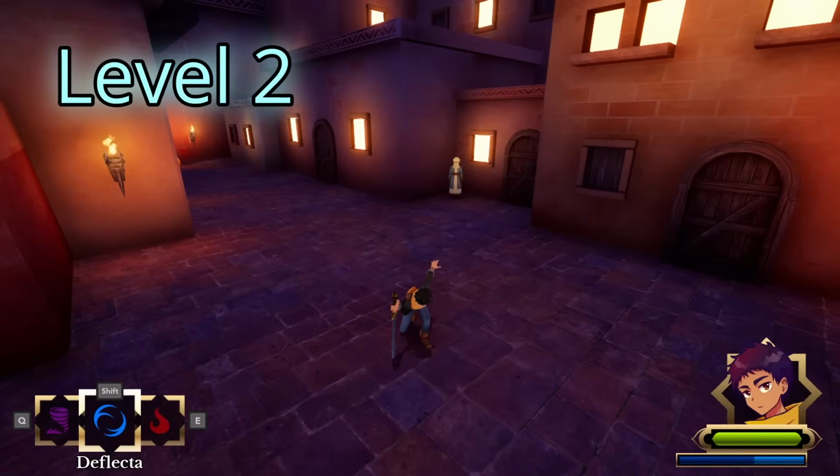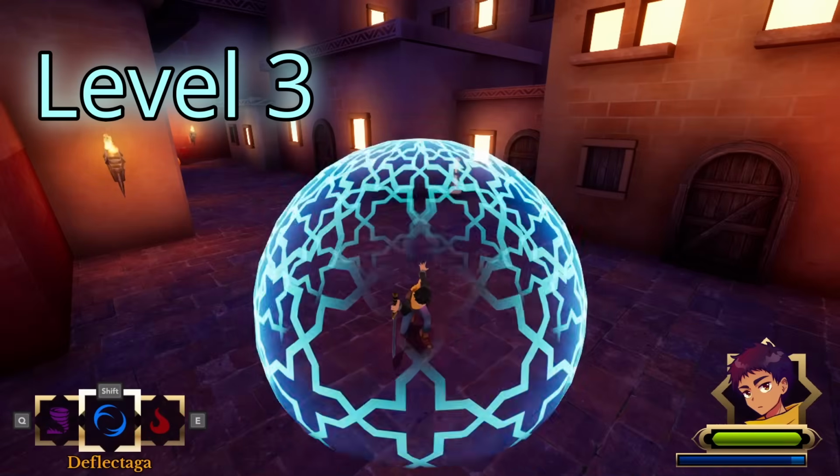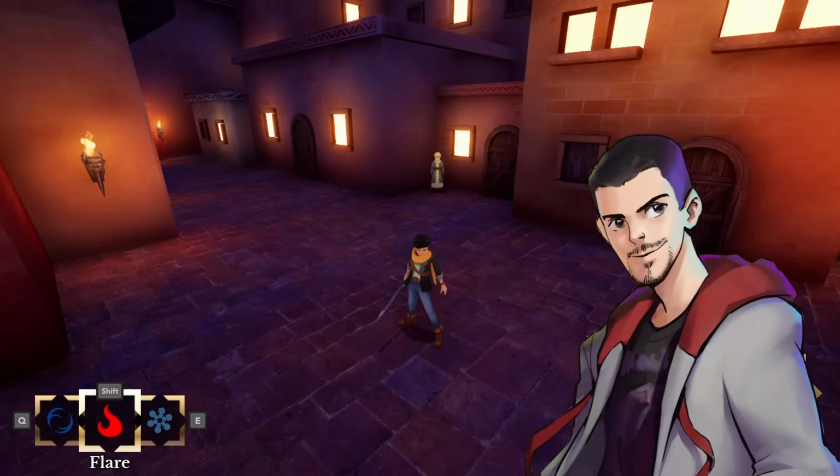The size of the barrier and the power of the retaliation also scale depending on the magic level, and whether it's a combo finisher. It's a really strong ability that works both as a defensive move and as an offensive counter if you time it right. And lastly, I added the Flare Magic ability, which is an offensive fire barrier that spawns around you,